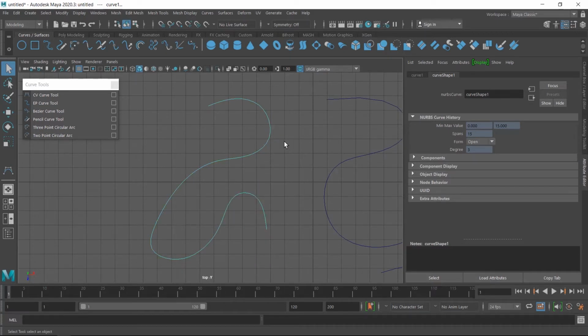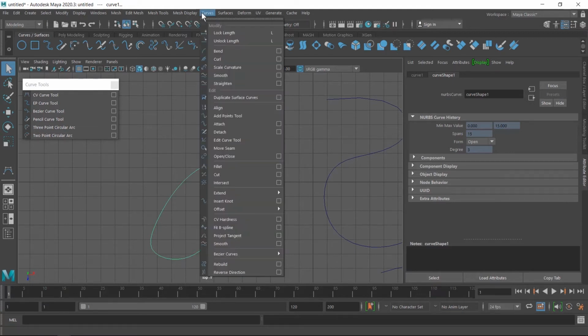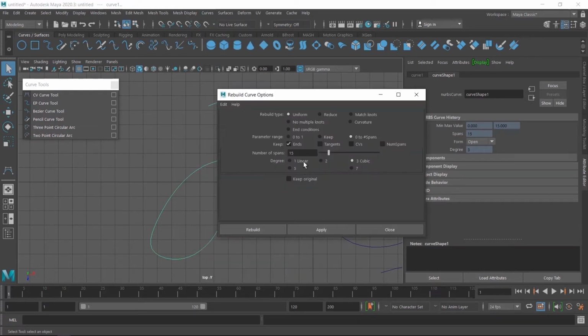If you want to decrease the span value, go to curve and click on the setting button and change the span number. I choose 10 this time and then click on apply, and the span value is changed here. You can also change the span number by choosing the reduce button, but it depends on the global settings. If I click on this, a new parameter appears, use tolerance, and by default it's set to global. It means if two edit points are nearby within the global tolerance value, they will be reduced, and these global settings are available in the preferences. I show you.